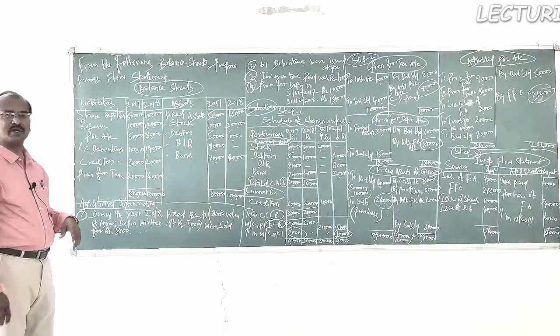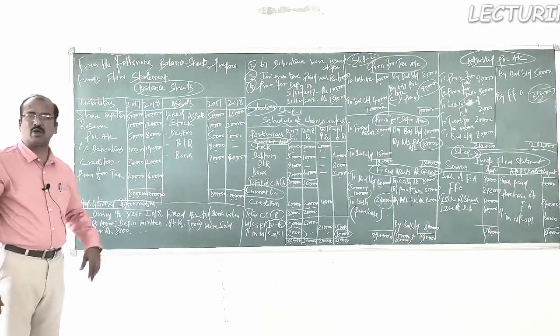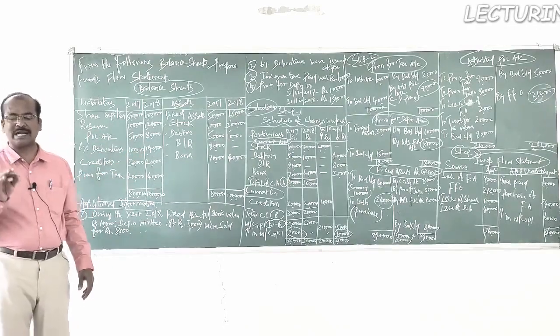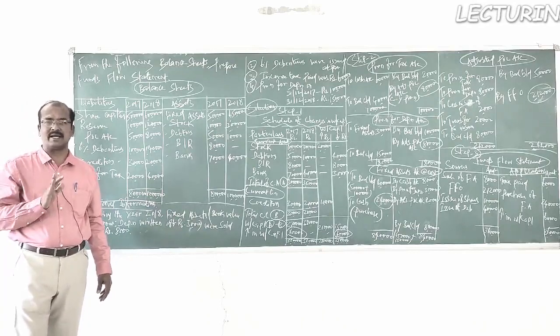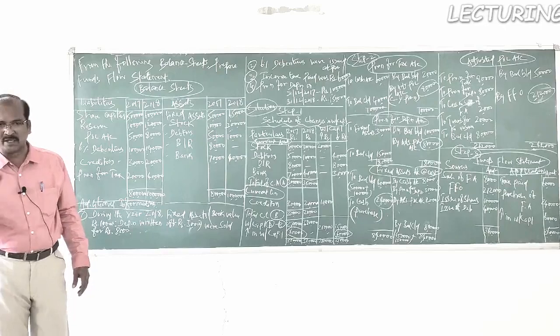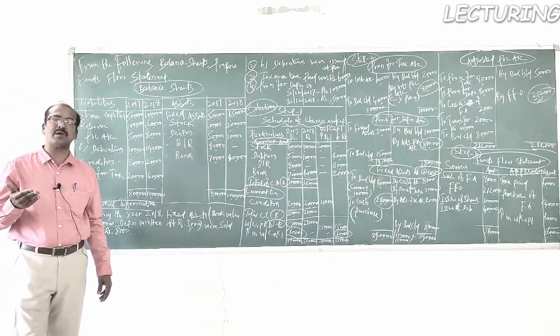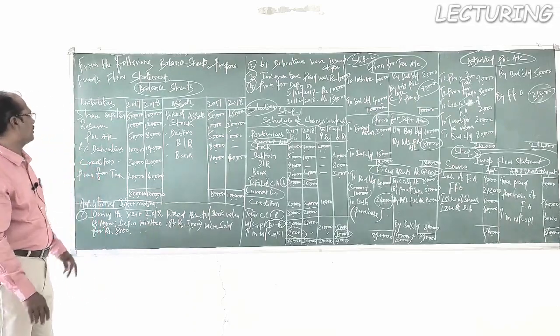Then the second one is about reserve. The opening balance of reserve was 1 lakh rupees. Now it has become 1 lakh 20,000. Therefore, they have transferred 20,000 rupees of profit to reserve during the current year. It is a non-operating activity. Therefore, it has to be reversed when we calculate funds from operations, and the same has to be debited in the adjusted profit and loss account.